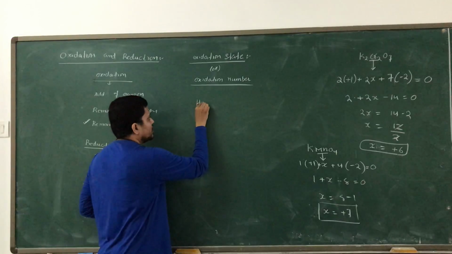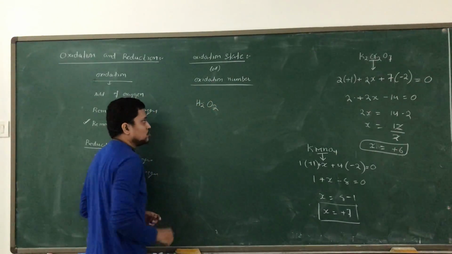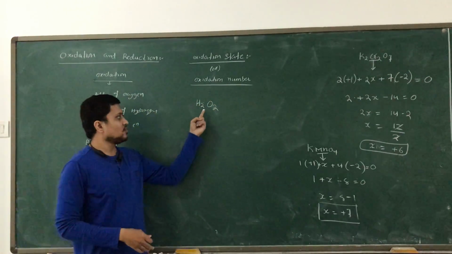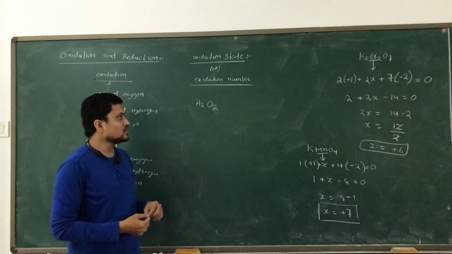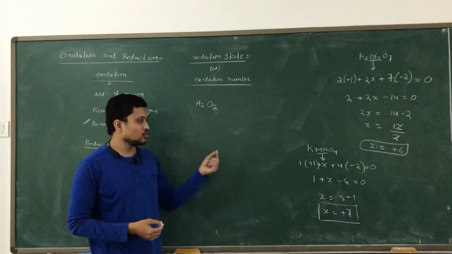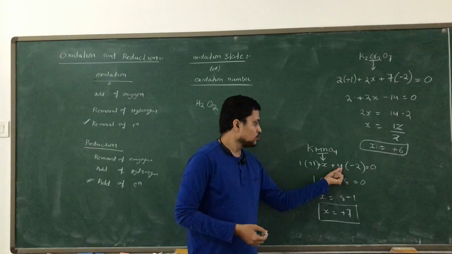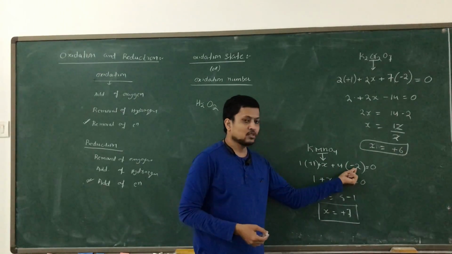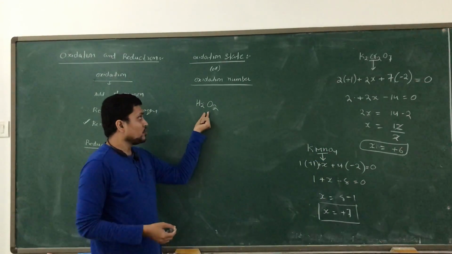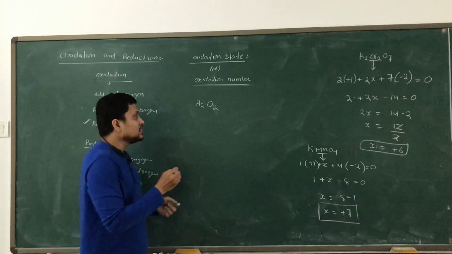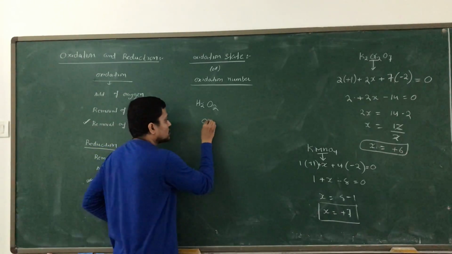This is very important. Like this example, if I am taking H2O2, and they are asking for the oxidation state of oxygen over here. So if you go for oxygen taking 1 oxygen is equal to minus 2, like we took over here, 4 oxygen we have and each oxygen minus 2. Here if you take minus 2, you are going to get the wrong answer again, because in this compound the structure is like this. Oxygen,